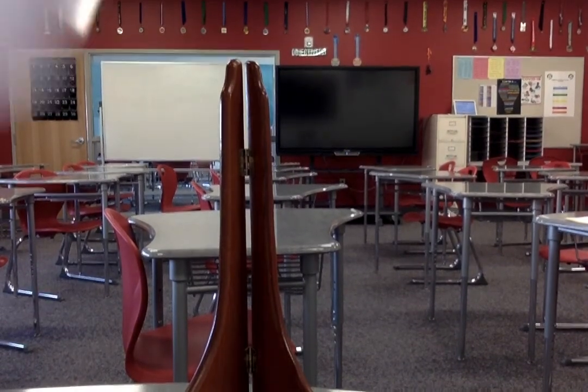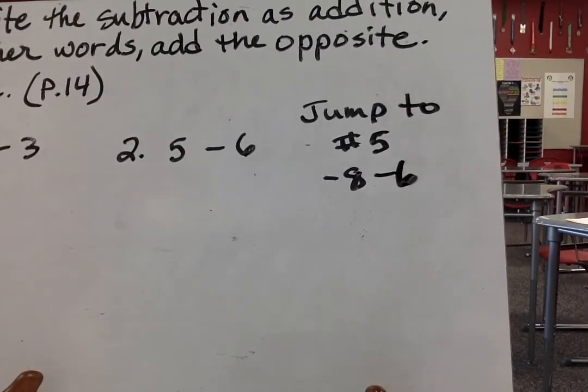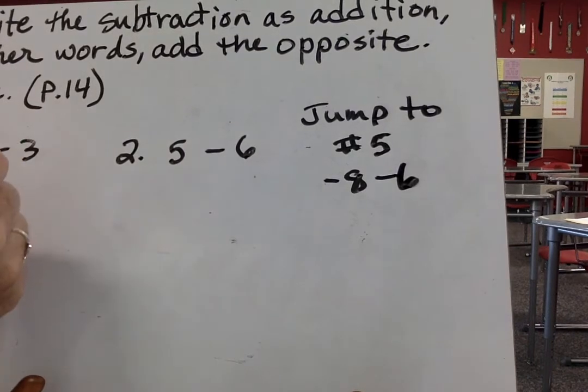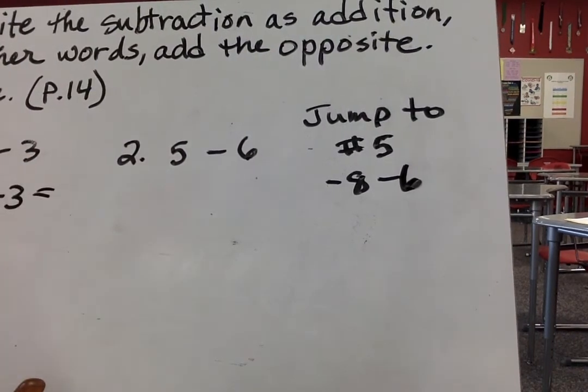So we're going to go on to page 14. Rewrite the subtraction as addition. In other words, add the opposite. So now we have -4 minus 3. We're going to change that to -4, change that to a plus sign, and make it -3. So now we use our addition rules. -4 plus -3,